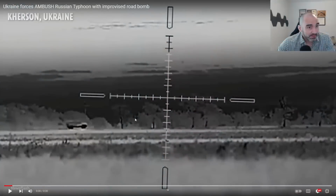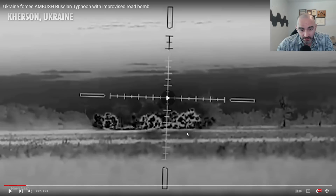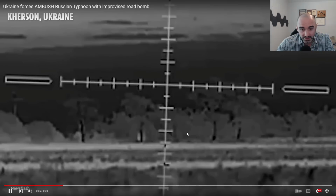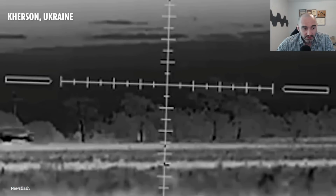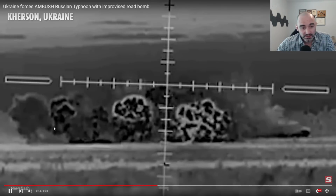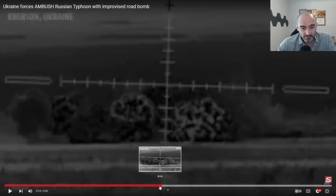Let's get into it. So this is, again, titled Ukrainian Forces Ambush Russian Typhoon, which is a type of MRAP, with improvised road bomb. In the U.S., we call them IEDs, improvised explosive devices. So I'm just going to point that out. Okay. So let's see, we're going to zoom it in again and see it here, right? So what's interesting to me first off is that it looks like, based on this much